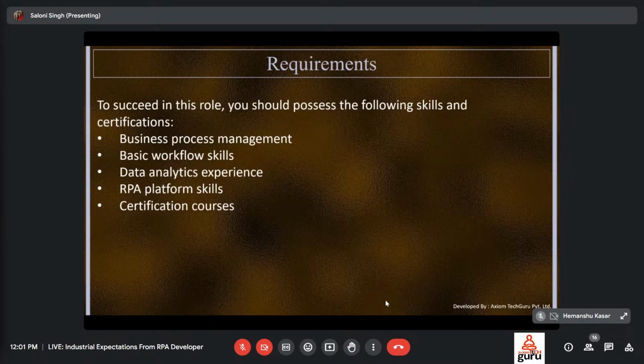Moving towards the requirements, the industry requirements for robotic process automation include business process management, basic workflow skills, data analytics experience, RPA platform skills, and certificate courses, and there are many more. If we talk about business process management, understanding business processes and identifying areas for automation is crucial for RPA developers. Basic workflow skills: enough knowledge of workflow design and management is essential for creating